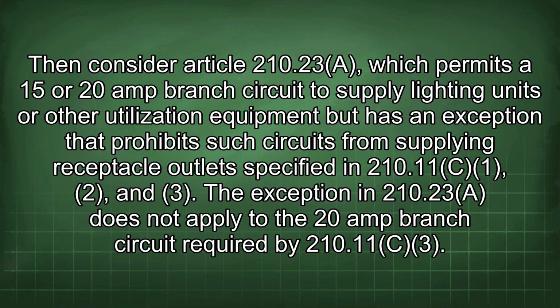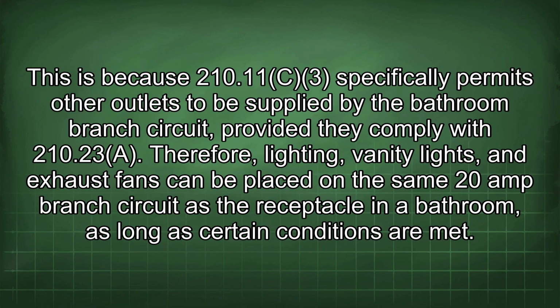The exception in 210.23 does not apply to the 20-amp branch circuit required by 210.11(C)(3). This is because 210.11(C)(3) specifically permits other outlets to be supplied by the bathroom branch circuit, provided they comply with